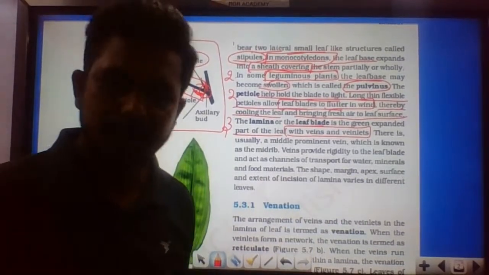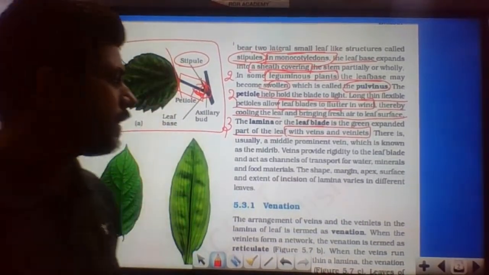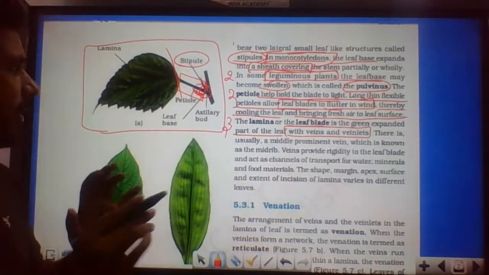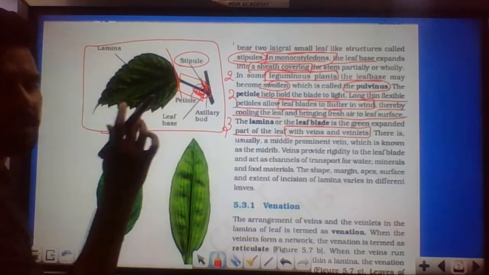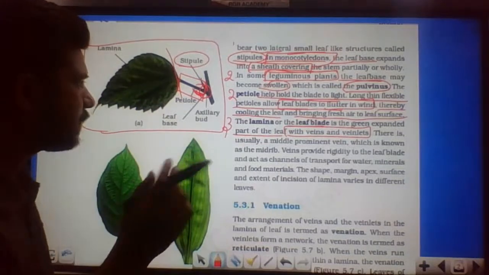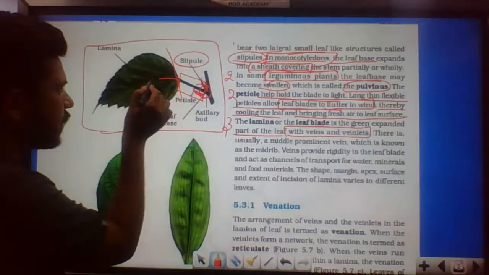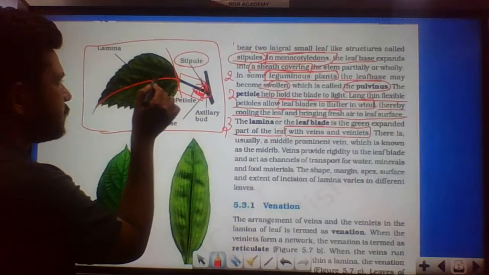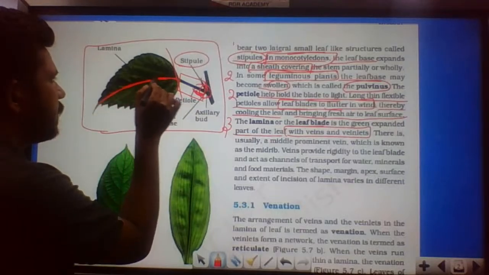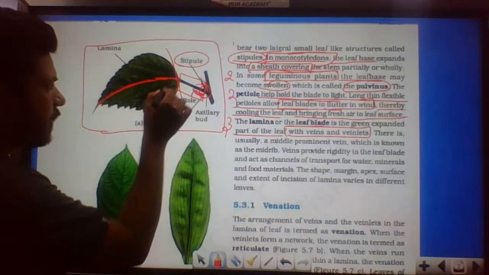Nothing but vascular bundles, correct? Xylem and phloem. So there is usually a prominent midrib. If you look at a typical angiosperm leaf, the center one is known as the midrib. So this is the midrib, and from the midrib